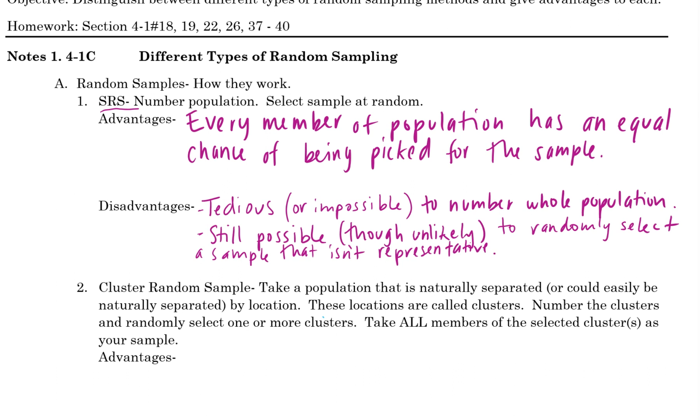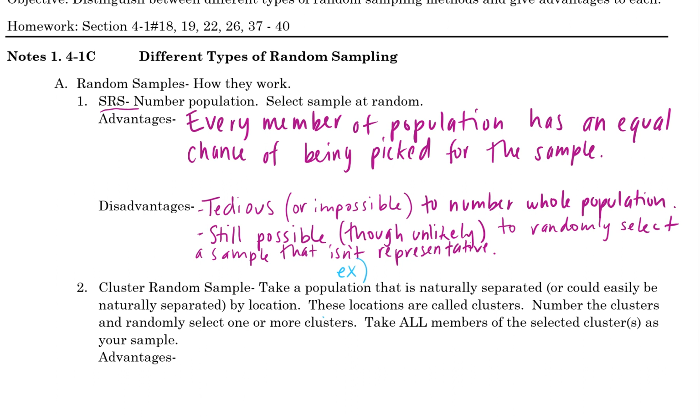And in no other type of sample would that be possible, because in a cluster random sample, you would separate California by location. And so you would pick a few different locations to make sure you have a few locations covered. In a stratified random sample, you would split the state into probably location again, but maybe pull a little bit from each location. So for a cluster and a stratified random sample, you're very unlikely to get your entire sample from the same city. But in a simple random sample,